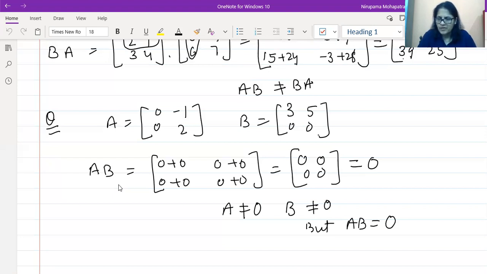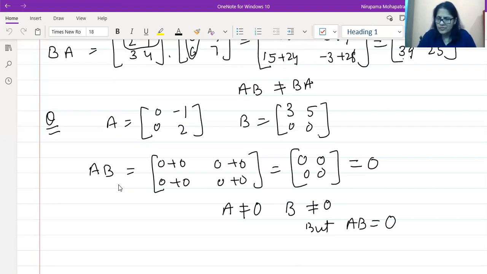And matrix multiplication is associative, that we can check by taking any three matrices where the product is defined. Okay, and the distributive law also we can verify, right? And whenever we take identity matrix, of course that is a square matrix. You know what is identity matrix? So whenever we multiply identity matrix with any matrix A, A into identity matrix equal to identity matrix into A, that is equal to A. And again we have to be sure the order should be taken properly so that the product of two matrices is defined. Okay, that is the basic concept.